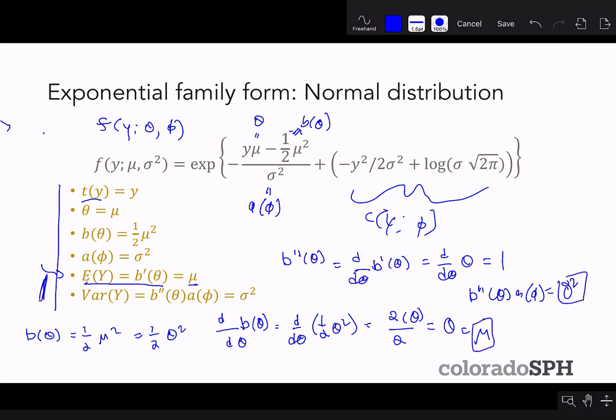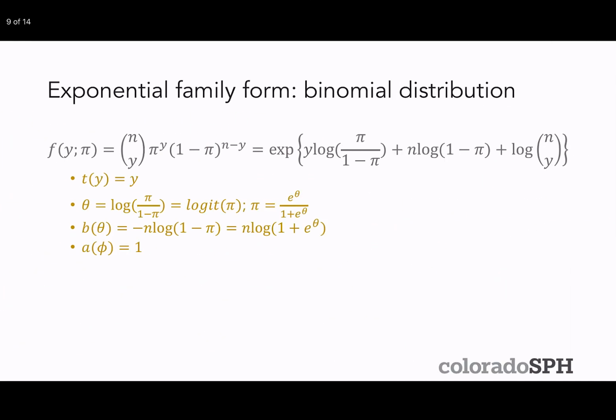So that works out really nicely. And I encourage you to try this with other distributions like the Poisson distribution. I'm not going to go through the full derivation here for the binomial distribution. However, this works basically the same way, where you can also show that the binomial distribution